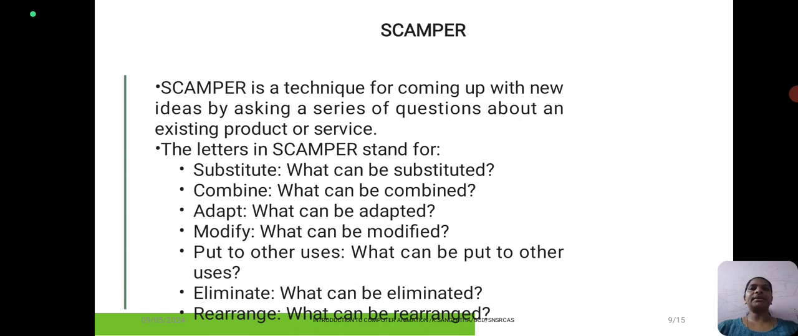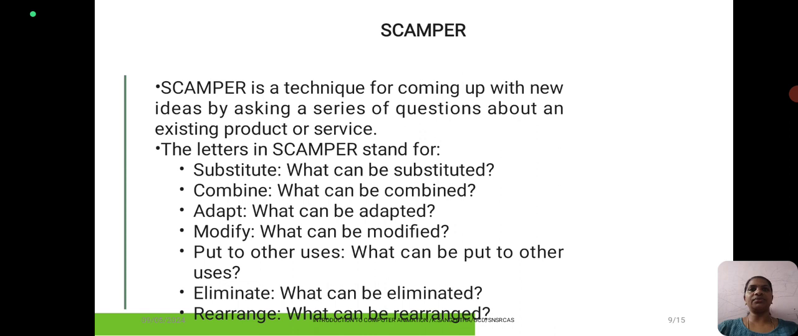So, SCAMPER is a great way to come up with new ideas by looking at an existing product or service in a new light. By asking questions in the SCAMPER acronym, you can come up with a surprising number of new ideas. For example, if you are trying to come up with new ideas for a pen, you could ask